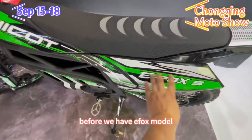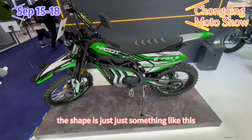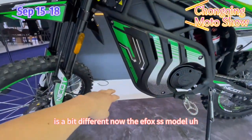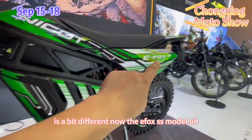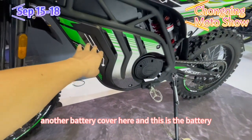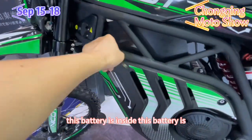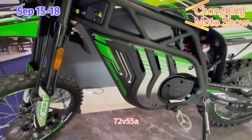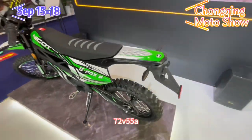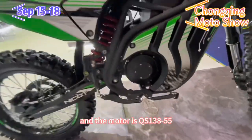Before we had an efox model. The shape is just something like this. Only the battery cover here is a bit different. Now the efox-SS model, we make another battery cover here, and this is the battery. This battery is inside. This battery is 72 volt and 55 amps. And the motor is